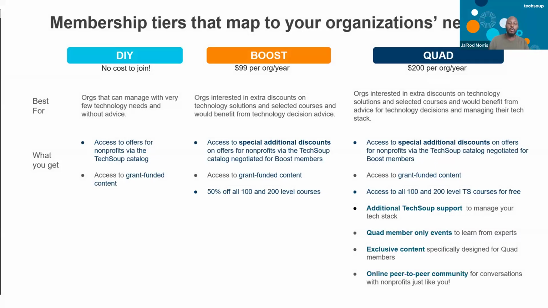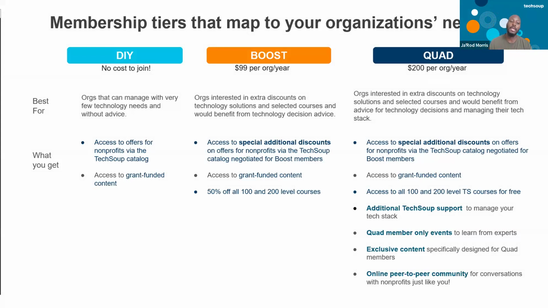And then as it relates to membership tiers, if you are a qualified TechSoup member, that means that you are what we call a DIY or do-it-yourself member, means you have access to all of the things that are available in the catalog that you are eligible for. The next level up is Boost, where you get additional discounts on top of the discounts that you would get for a specific set of products in our Boost catalog.